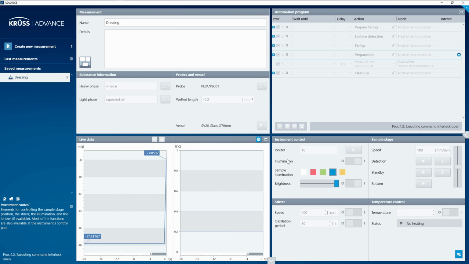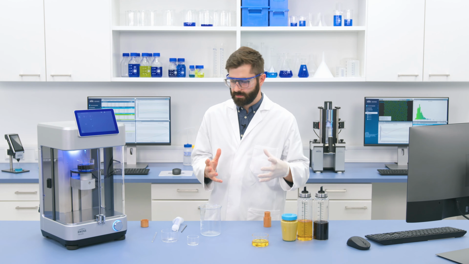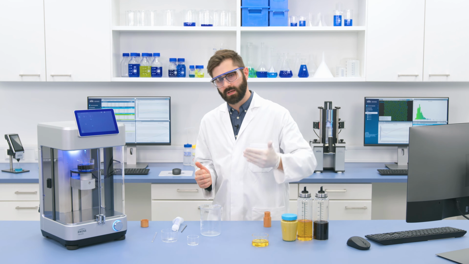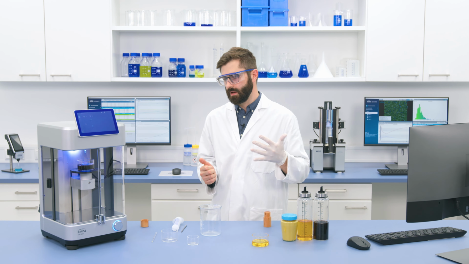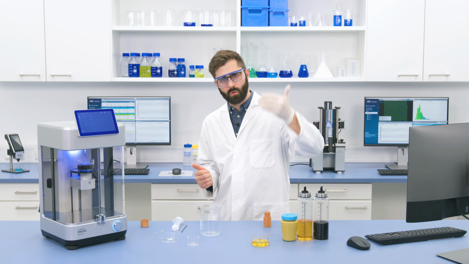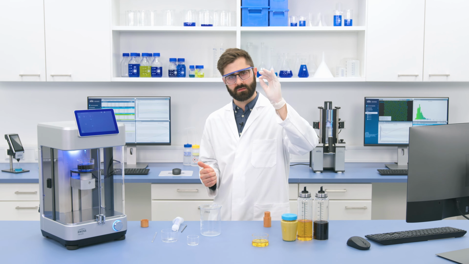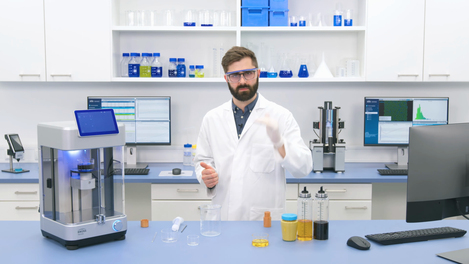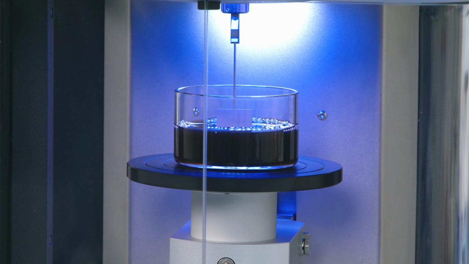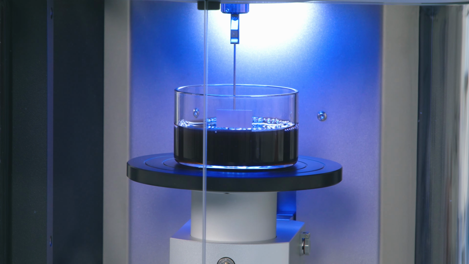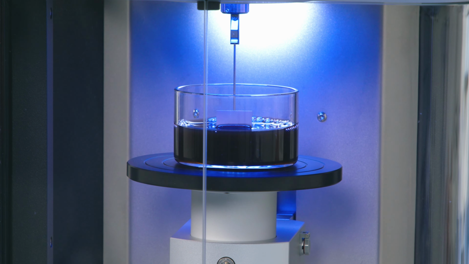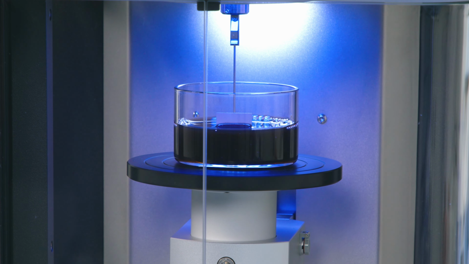And this is going to be much like the first part of the measurement that we just did, where it's now going to dip the plate into the vinegar. But actually, instead of going all the way in, it's just going to find the surface, just so that it just started to be wetted by the vinegar itself. So it should do its surface detection now. And it's just slowly moving the sample up towards the plate. There we go. Now it's dipped it in just by a millimeter. And now we have the last step of the measurement.